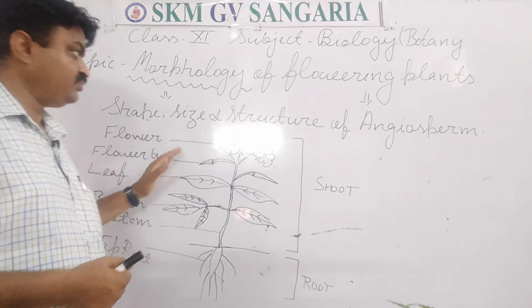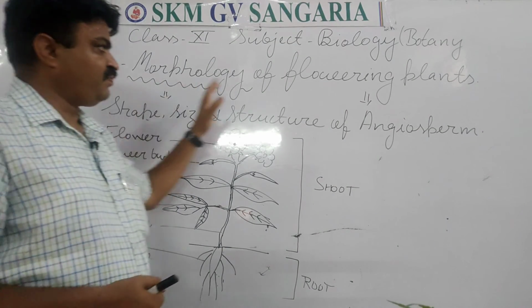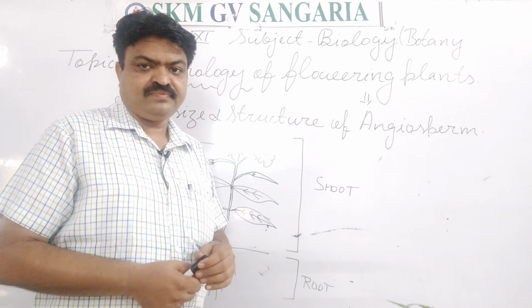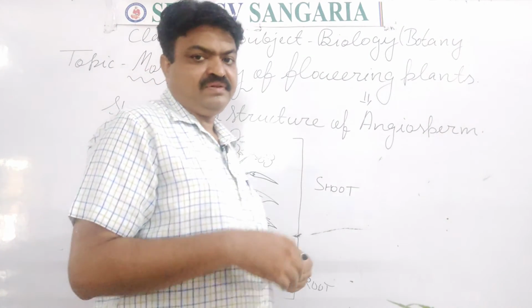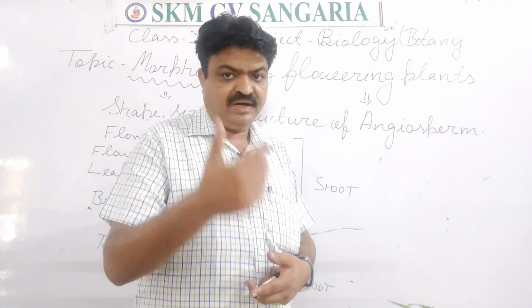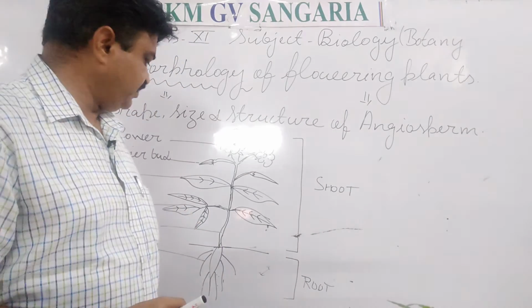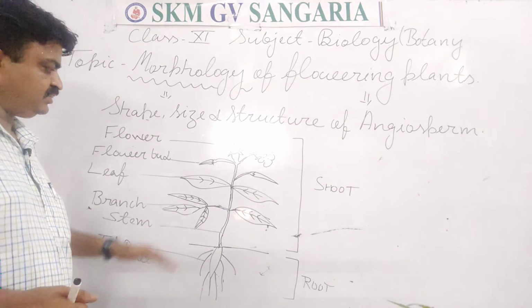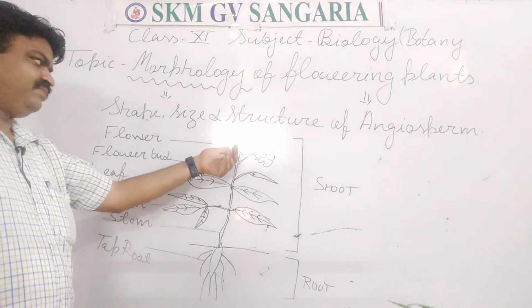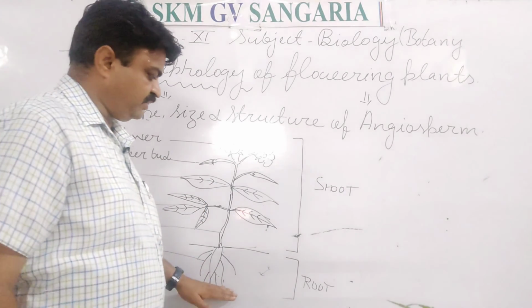So it is about the morphology of flowering plants, students. Now we come to the next, and one by one we will discuss all these parts. First we will discuss the root, after that the leaves, and after the leaves we will discuss the flower. So these three important parts we will